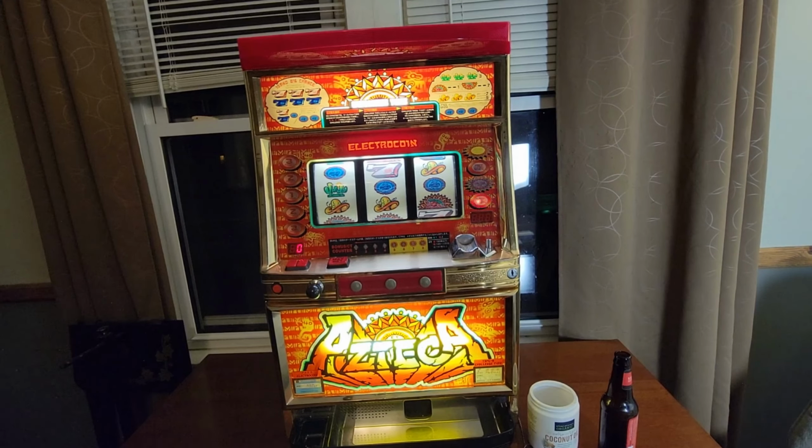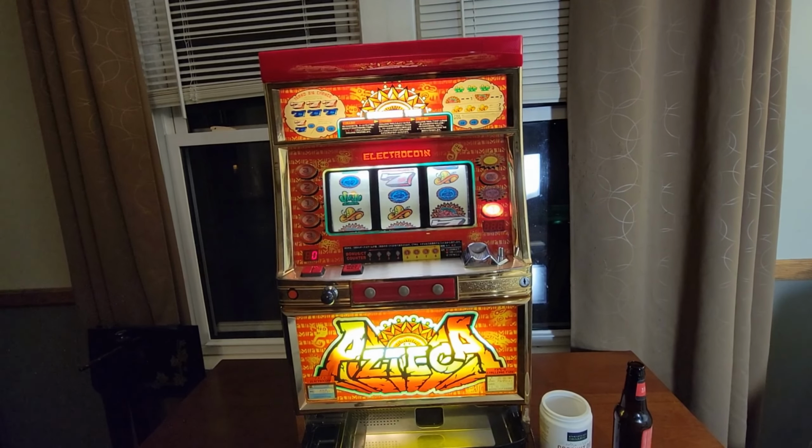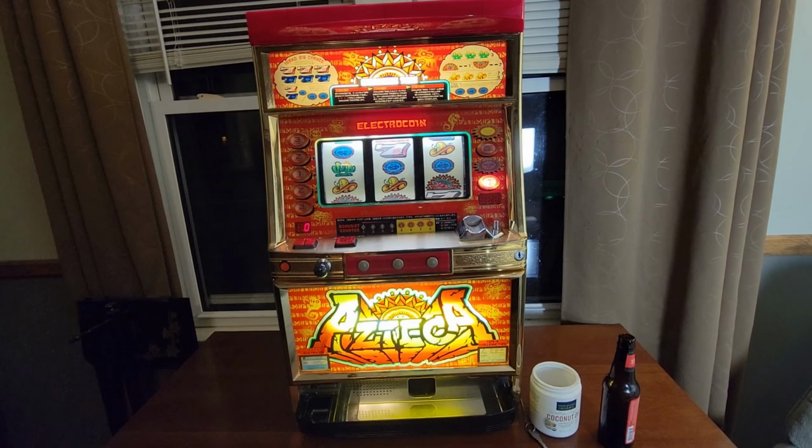I've always wanted either a coin pusher or a slot machine. I don't know that I even considered a slot machine. I've always had this idea in my head that I wanted a coin pusher in my house. Was it worth it? For me, absolutely, because now I have a little slot machine in my living room. For $100,